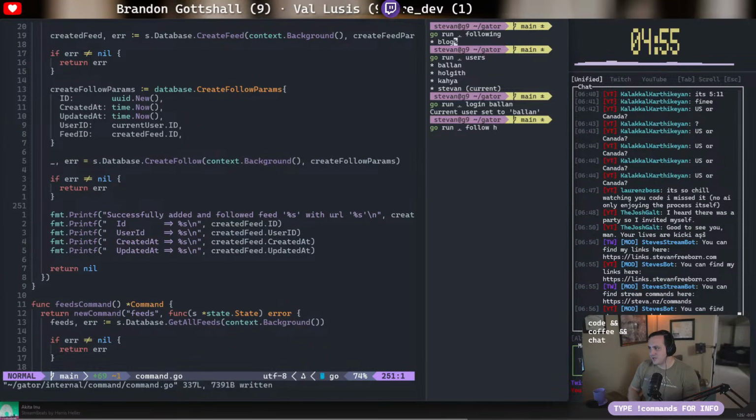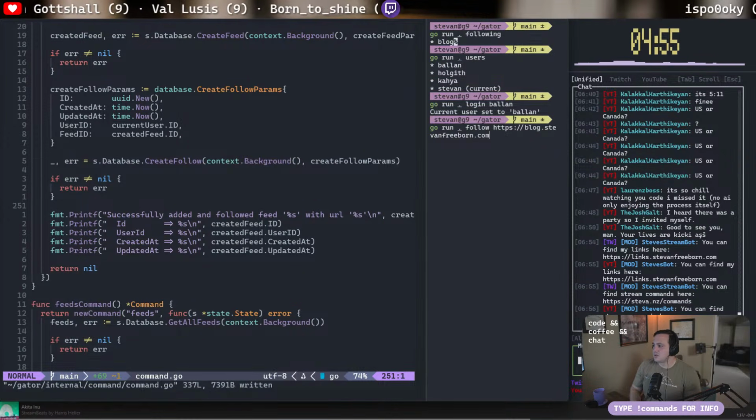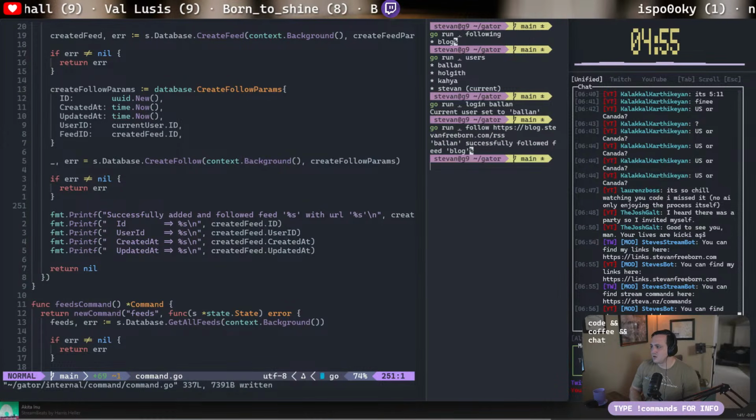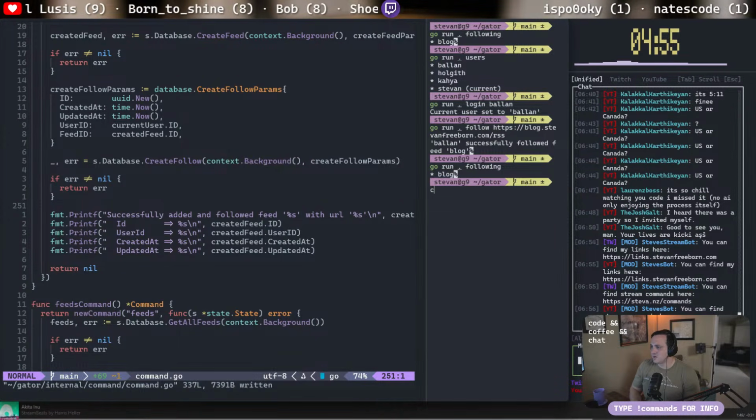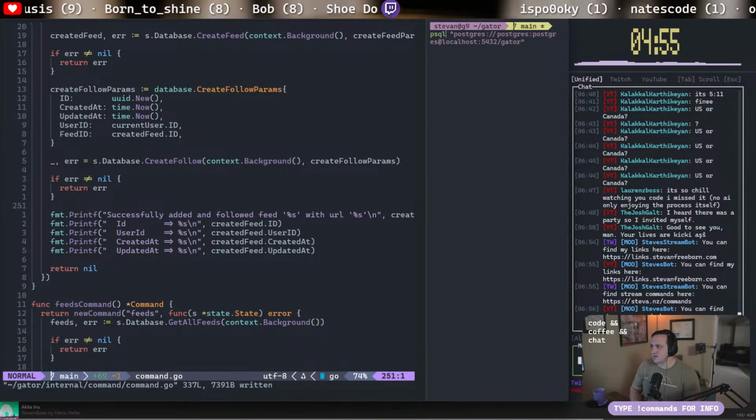So it's got to be https blog.stephenfreeborn.com //RSS. Successfully followed blog. And if we do go run dot following for Balin,